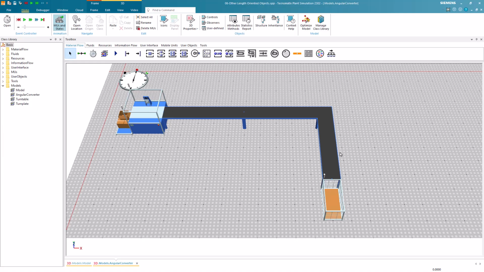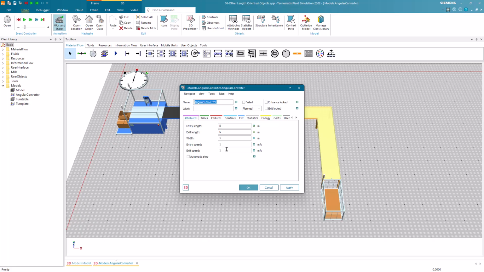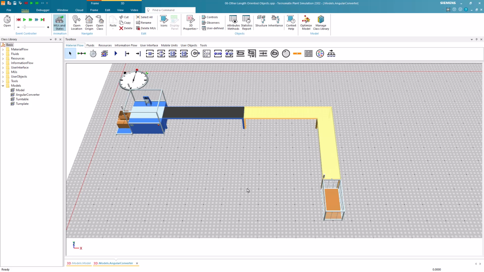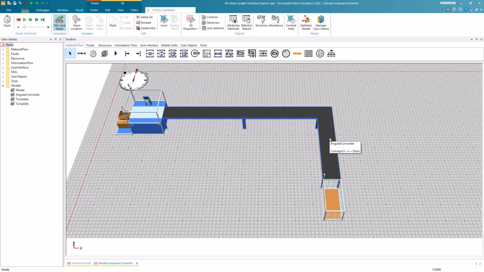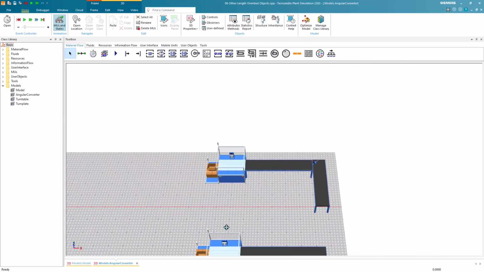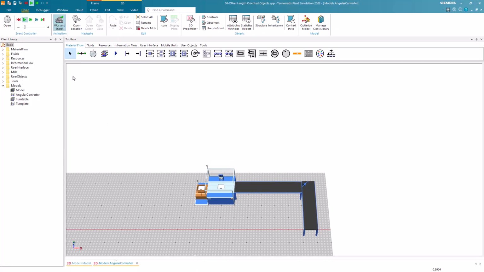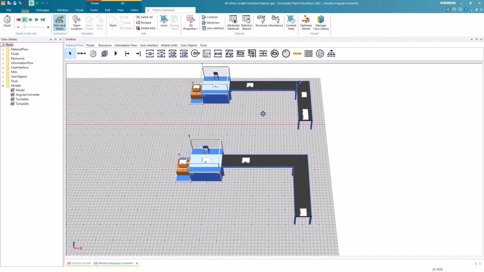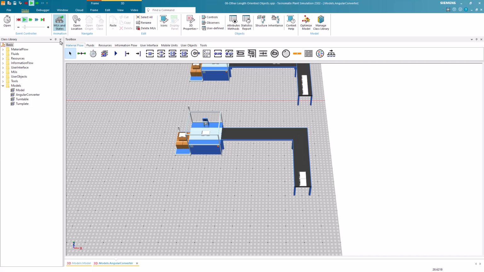However, the angular converter combines two features that are not possible to achieve with converters or conveyors. First, it can have an entry speed and an exit speed that you can set separately in one dialog window, as shown. Second, it has a smooth transition at the angle. If we use two conveyors that are attached to each other, the objects on the conveyor would make a jump at the angle, and you could not set the speed of each conveyor in one dialog. If we use a conveyor with an edge, the parts won't change their conveying direction.